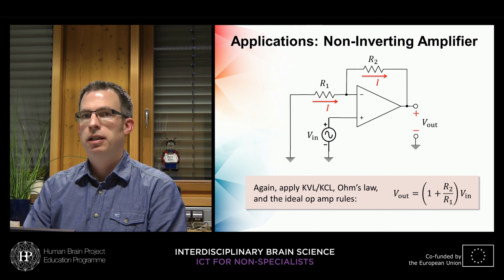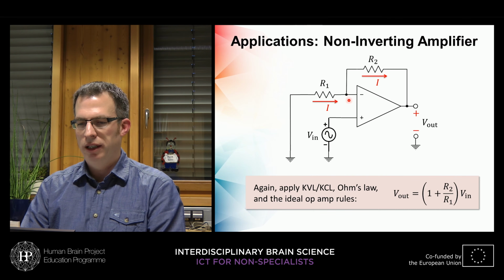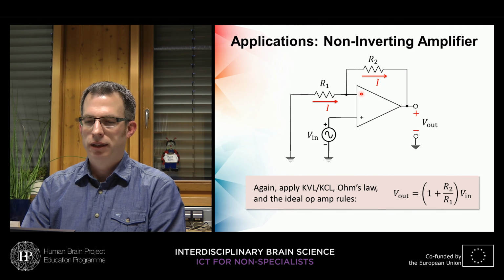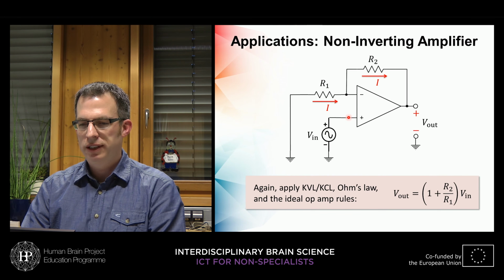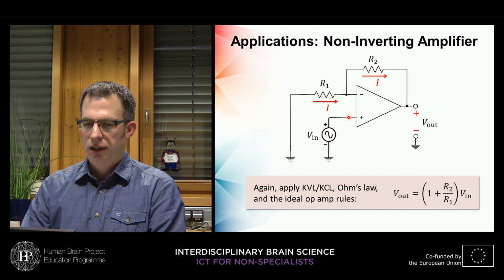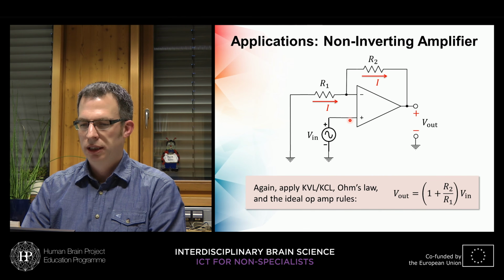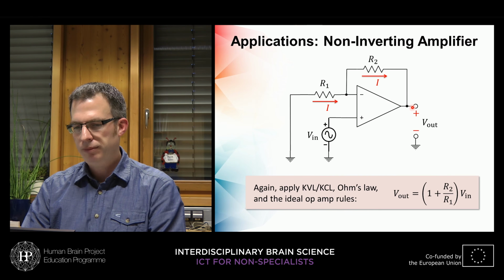And we can again start by using our golden rules. At this node, the input current from R1 equals the output current through R2, because no current is flowing into the input. And now we say, due to the first golden rule, the voltage at the inverting input equals the voltage at the non-inverting input, which is exactly our signal. So the input voltage is at the inverting input as well as on the non-inverting input, and we have the output voltage here. So in this case we say that the input voltage at this point is across the resistor R1,